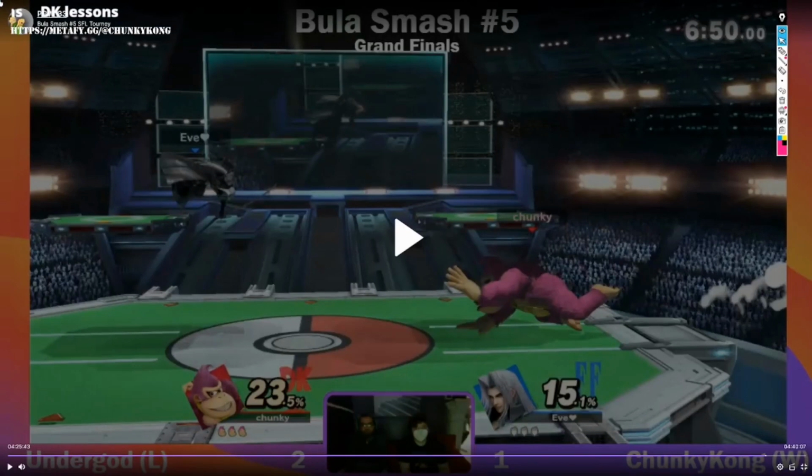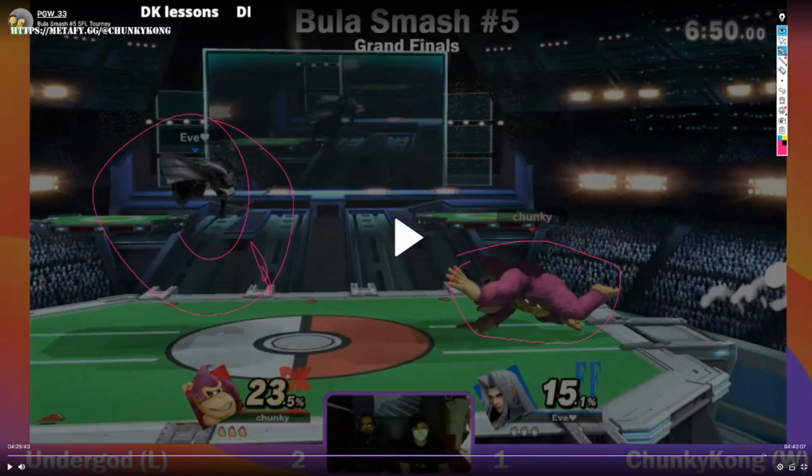So against Sephiroth, let's say he's around here, right? He has a lot of disjoints. DK is huge too, so DK is right here. He could literally hit you from around here. So instead of dashing like I am, which is really bad,